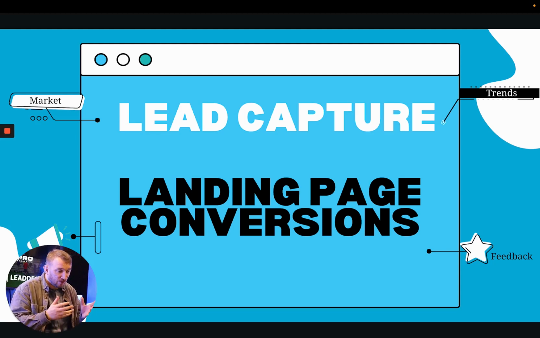So the first one is obviously going to be the lead capture. And what we've put here is the landing page conversions, because there's no point sending leads to a landing page, whether that be social media, paid ad, in your emails, wherever it is, you're sending people to a page and the page conversion rate is shocking. If it's coming in at like 1%, then 100 people visiting that page, you're going to get 1 lead, which is going to be a real waste and a real shame, because that could have been a 20%, even a 5% is a good start. Okay, so we need to see what we can do to keep increasing that conversion rate to get more people